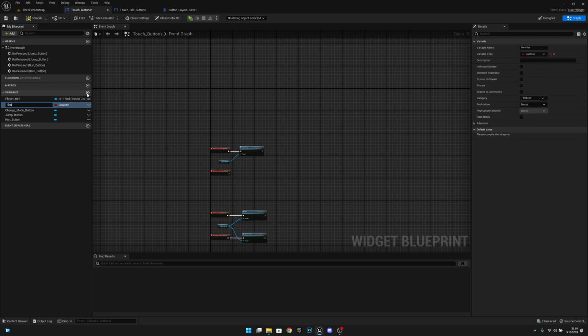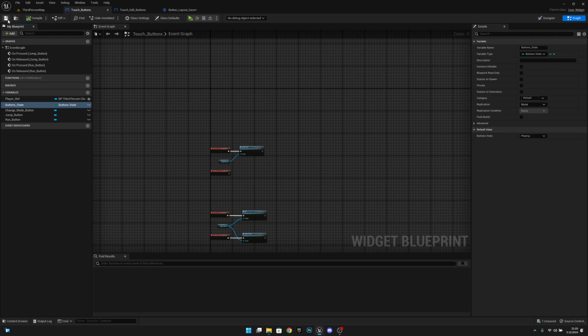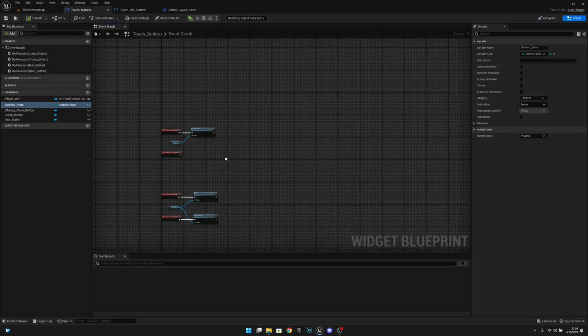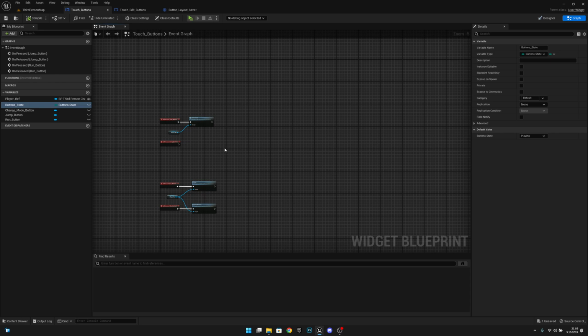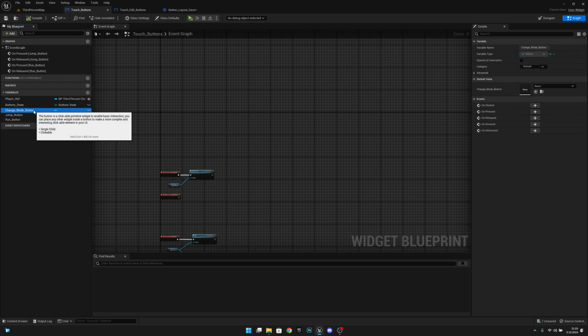Let's call it buttons state. This will tell you in what state are we right now. So let's search for a button state enumerator like that. Compile, save. And the next thing, what we want to do is we want to select our change mode button,